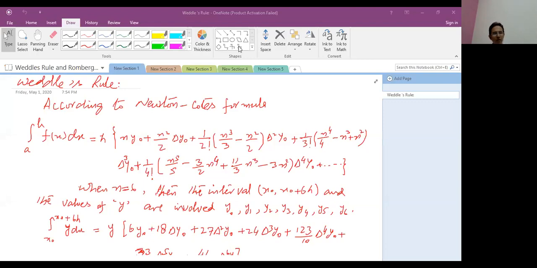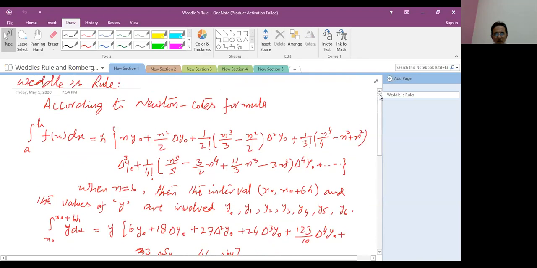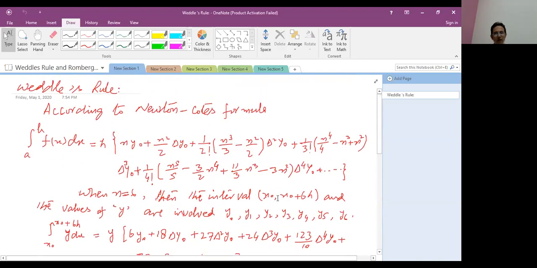The integral from a to b of f(x) dx is equal to h times n by naught. This formula is called the Newton-Cotes formula. So students, when we put n equals 6 in the given formula, the interval is from x0 to x0 plus 6h, and the values of y involved are y0 to y6. Therefore, we integrate y dx from x0 to x0 plus 6h